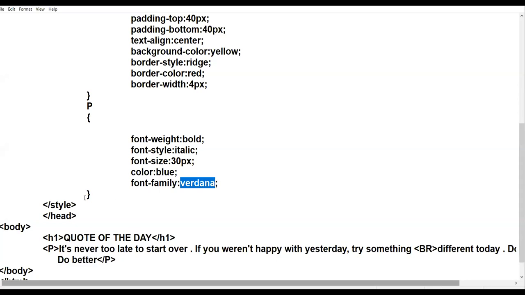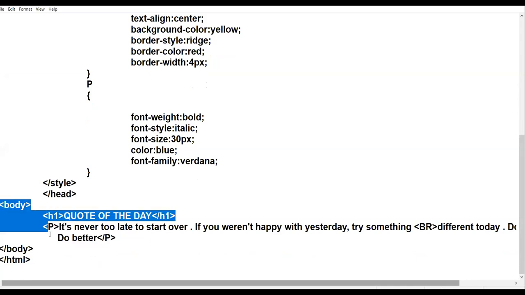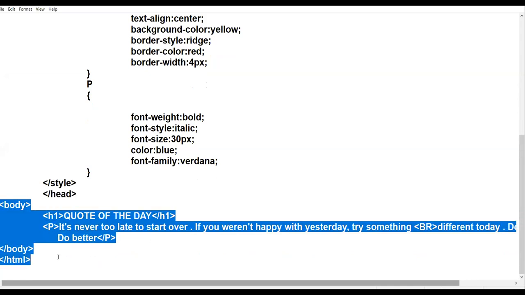Here I close my style tag. Here I close my head tag. Now I start the normal HTML coding from here. Right? And this is the browser view.